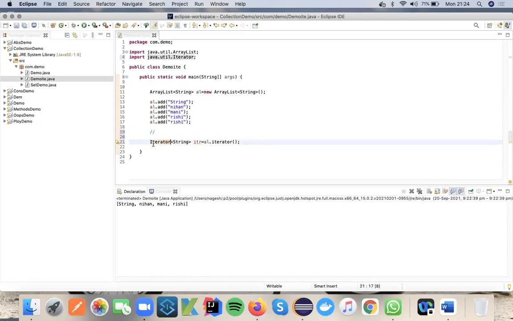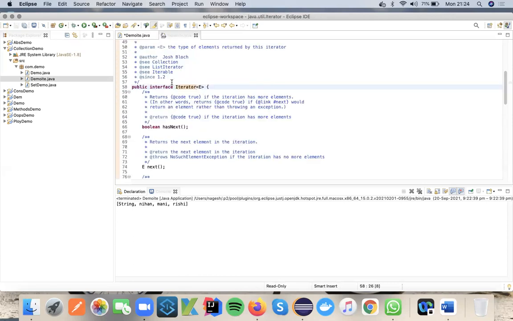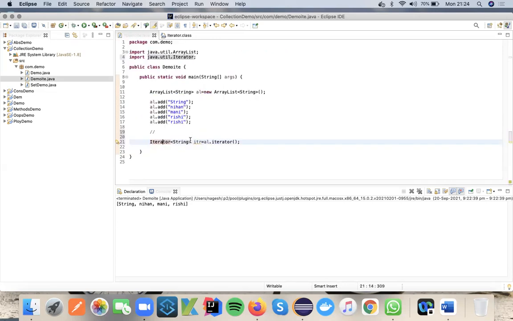So Iterator is an interface. First of all, it is an interface. If it is a class like ArrayList, AL equals new ArrayList, that's how we declare it and we can create an object, whereas for an interface we cannot create one. If you see the syntax of this predefined class in the compiled file, it says public interface Iterator. It is an interface first. Then, itr equals al.iterator.